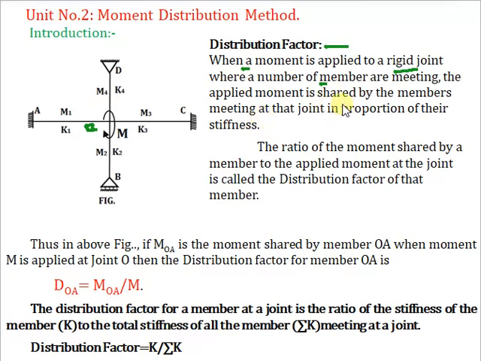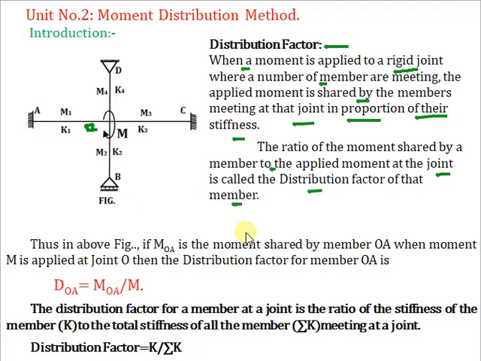The applied moment is shared by the members meeting at that joint in proportion to their stiffness. The ratio of the moment shared by a member to the applied moment at the joint is called the distribution factor of that member. Thus, in the above figure, if